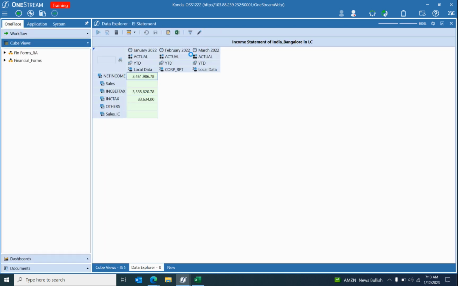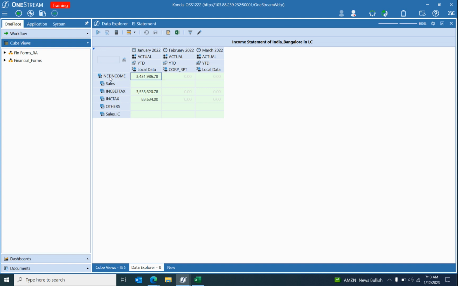Save. Okay, so with children inclusive, you're getting net income at the top followed by the children, right? You can see the indentation also. Net income is coming on the left side, and then after a single space the children are getting displayed. So sometimes the business will ask you, hey, I want to display the net income at the bottom, in the reverse